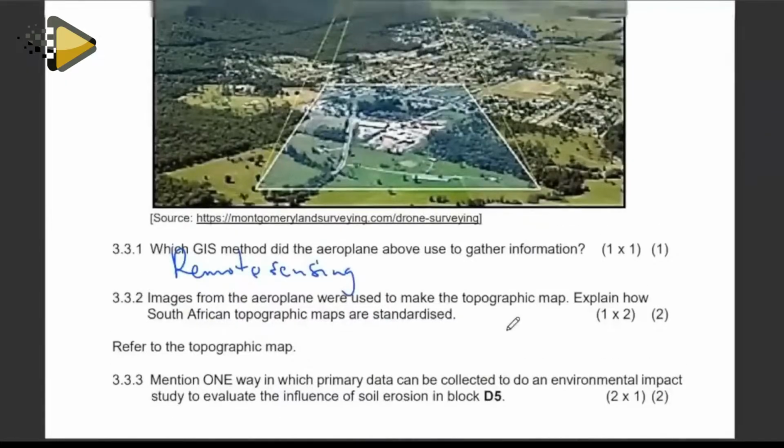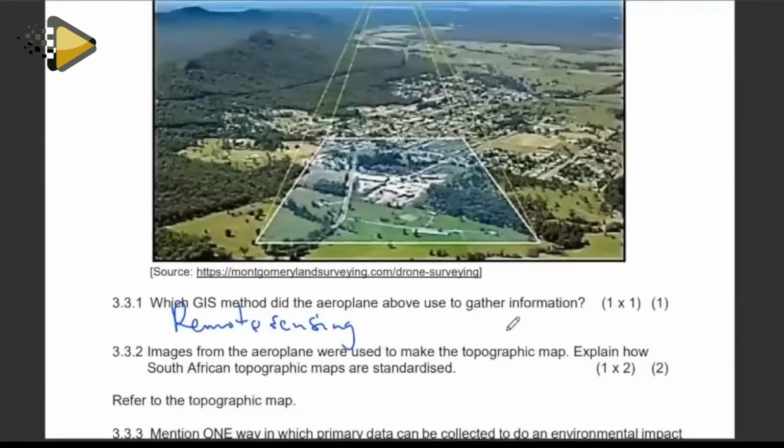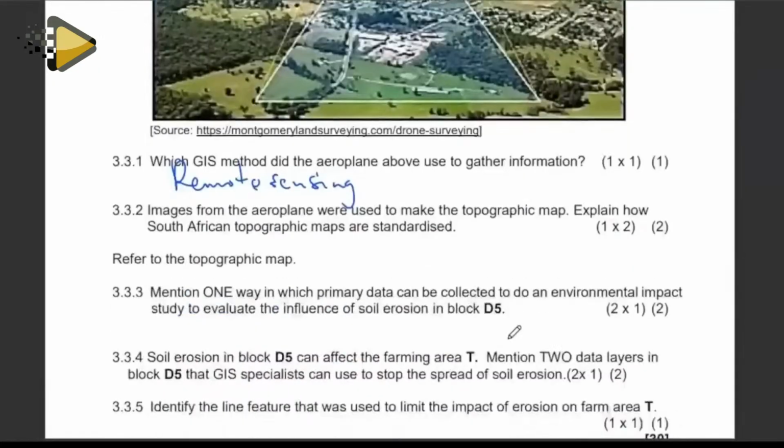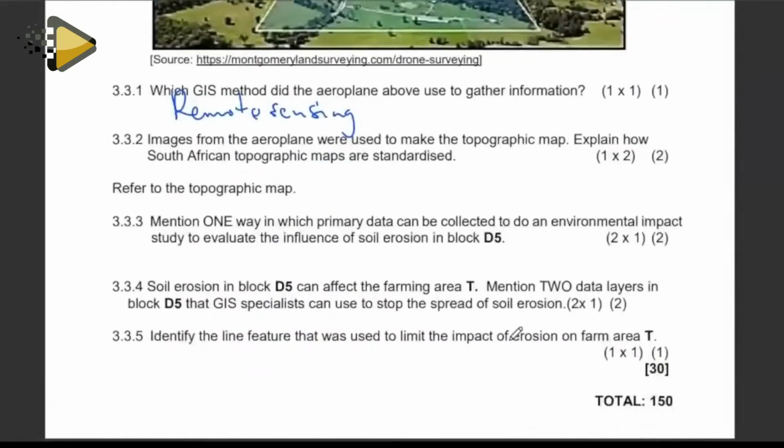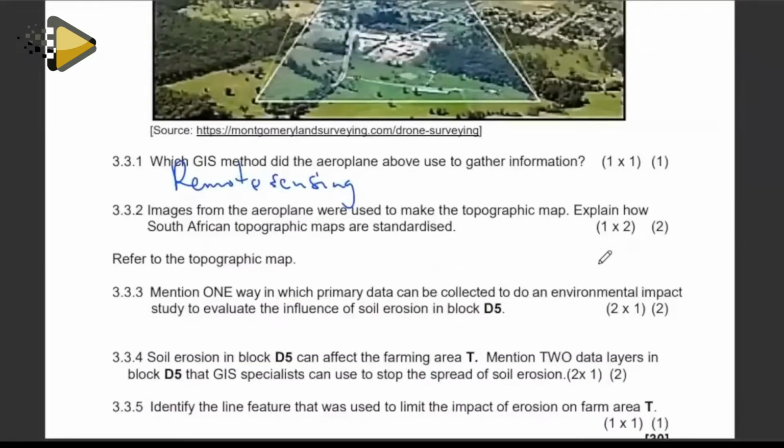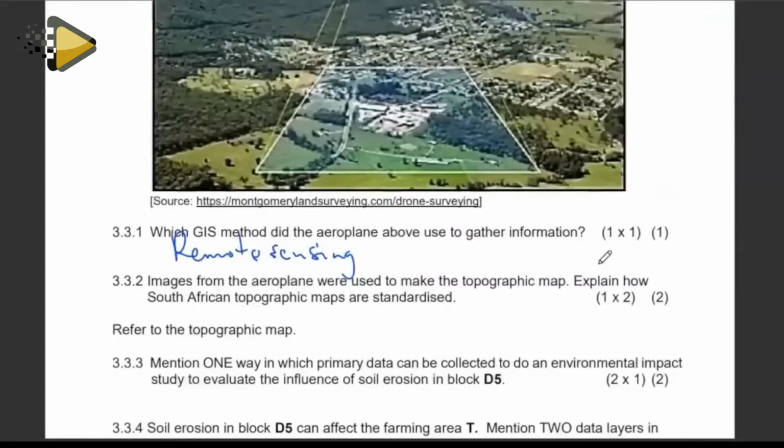The aeroplane is using remote sensing to capture information on that particular area. Images from the aeroplane were used to make topographic maps. Explain how South African topographic maps are standardized. How are they standardized? Right, the standardization of our maps, it happens in a way that